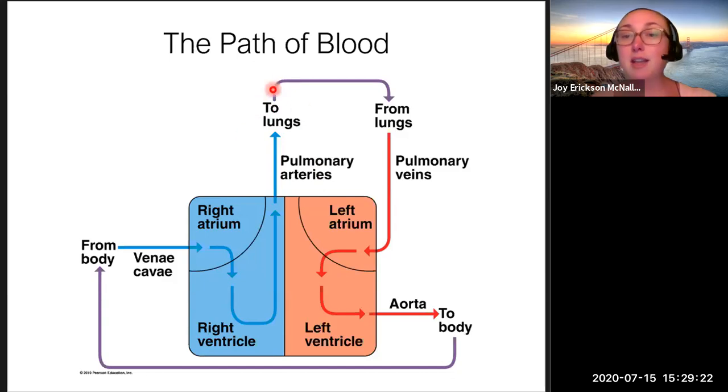At the lungs, the blood flows through the capillaries, where carbon dioxide goes out to the lungs, oxygen comes from the lungs into the blood, and then that newly oxygen-rich blood flows through the pulmonary veins to the left atrium, which is the end again of the pulmonary circuit. Here's our pulmonary circuit from heart to lung to heart. From the left atrium, it flows to the left ventricle. The left ventricle then pumps it through the aorta to the rest of the body.